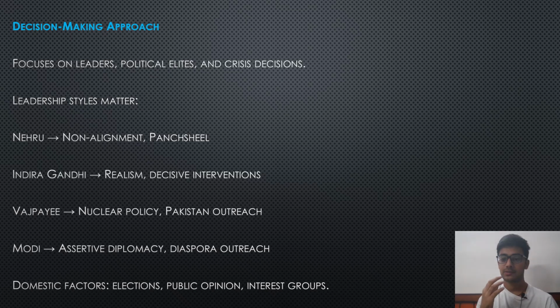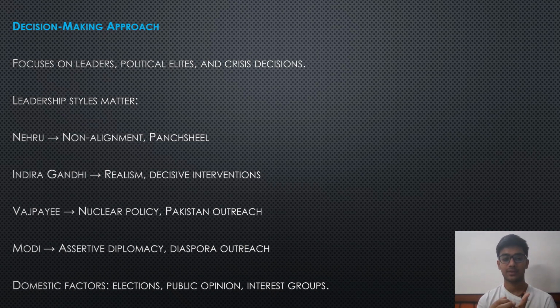If you see Prime Minister Vajpayee, he thought it's very important for India to go nuclear and to also ensure that we can build peace with Pakistan because we have to grow economically as well. We can't always be fighting. Even though the second policy did not work out very well, as we all know, even till today Pakistan remains hostile. But the nuclear policy was very important. India established its nuclear deterrent and it made it clear that we are not scared. So China may be growing, but we are not scared. We too have enough ways to defend ourselves.